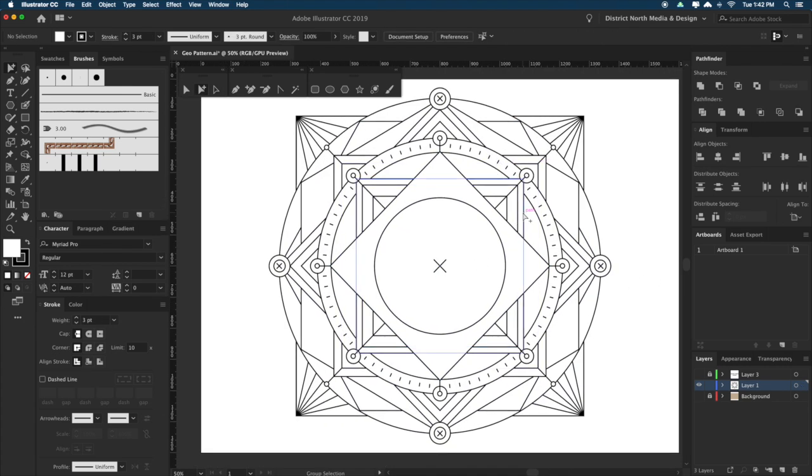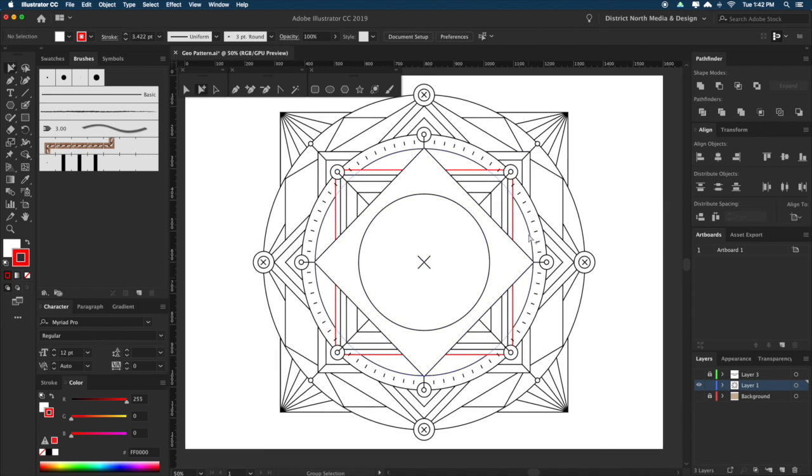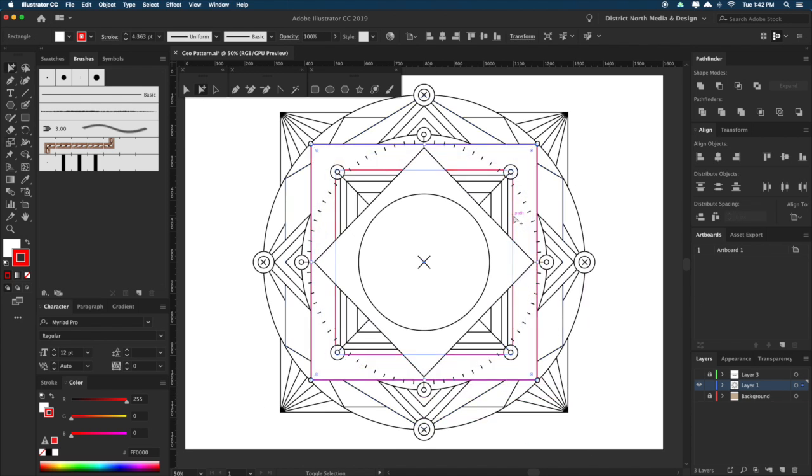Okay, so I want to create some lines in here to create some kind of depth going inside of this circle. Copy front. I'm going to make this big. And then I'm going to change the color of this just so you can see what it looks like, and it'll be a little bit easier for you to understand what I'm about to do. So copy behind, and I'm going to drag this out of that frame, and I'm going to select both of